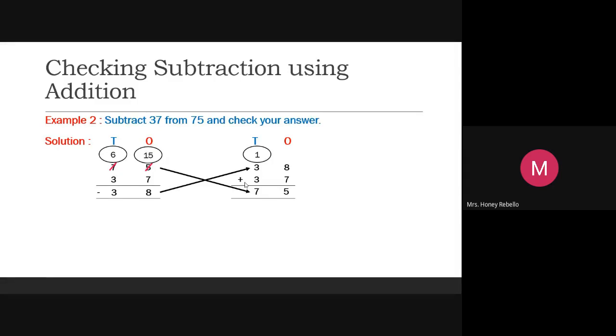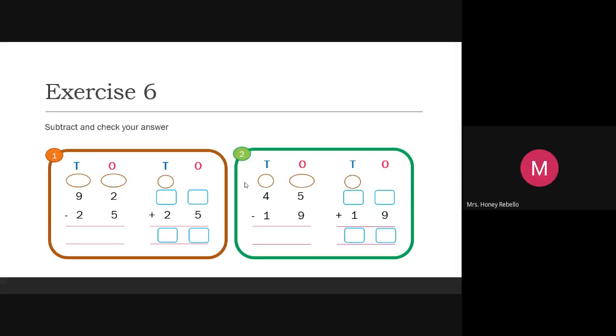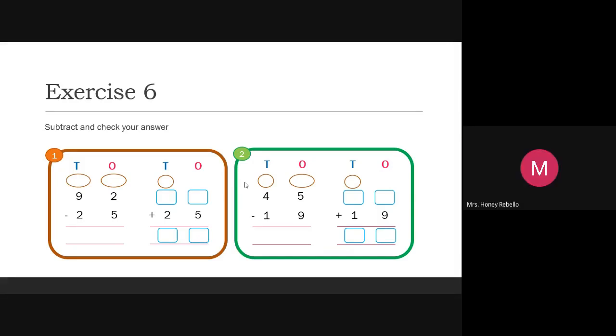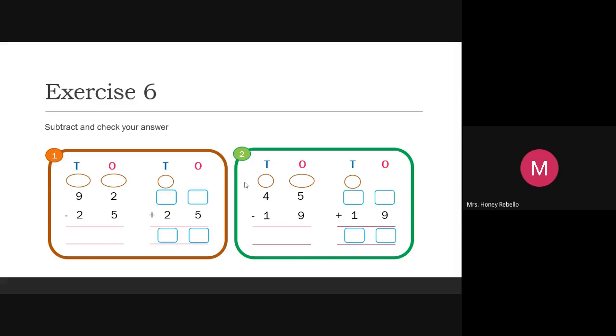Now, next one is Tridip. We are going to do the next sum. Okay, this subtraction is correct. Now, see here, Tridip, we are having these sums. Okay, 2 sums we are going to do now. First one, Tridip has to do. Second one, Sri Mukilan, don't come now. Let Tridip complete the first one. Now, Tridip, we have 2 numbers. 92 minus, what is the next number? 25. Now, tell me like how I taught you.